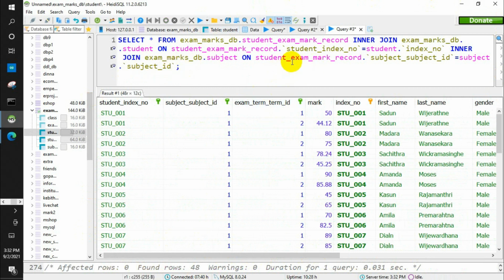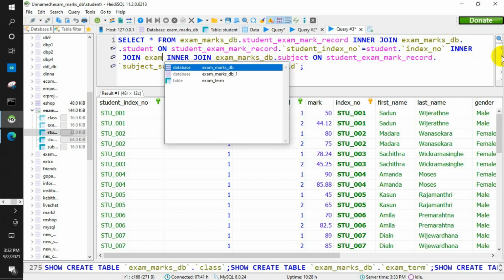Lastly, I am going to connect the exam term table, but before that I am going to connect another table with the student table, that is the class table. In this question we are supposed to find the details of a student, but specifying the details of a student without the class is wrong. If you are going to search all the details of the student, you should also specify his or her class.